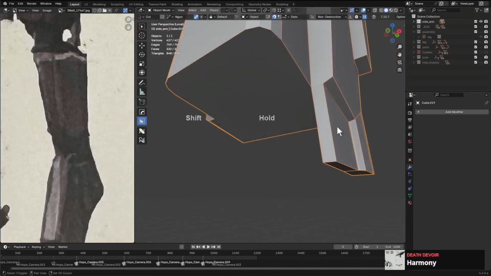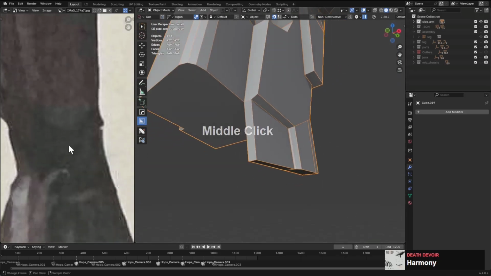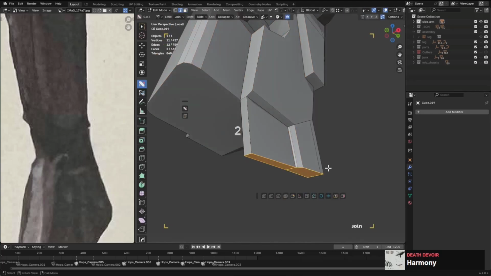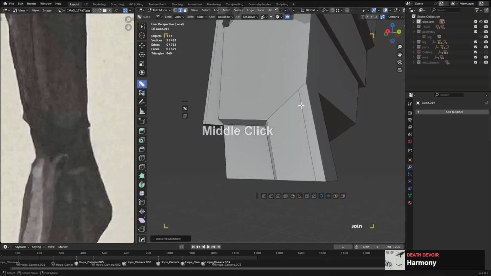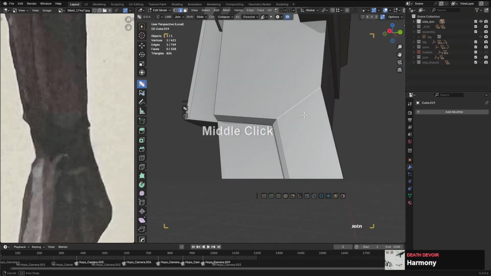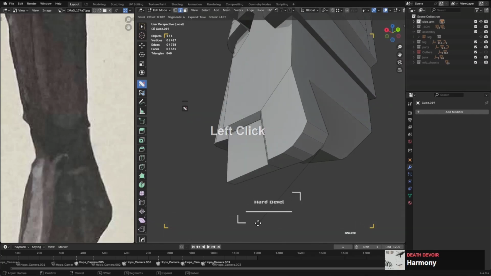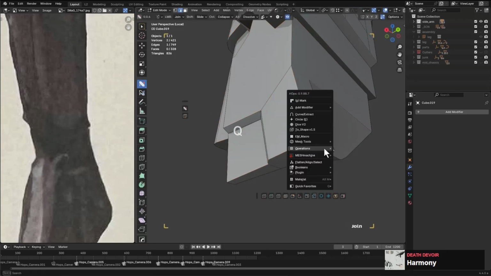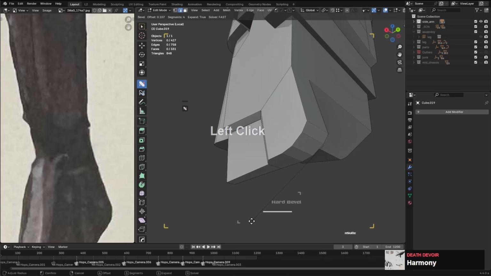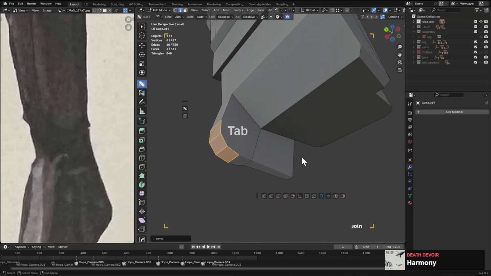I don't even know what I'm doing here. Probably not. I mean, what is going on there? Who knows? And that was the thing about this image. I would just look at it and think, oh, okay, so there's a part there. I'm just going to make it up, I guess. Alright, I thought there was unapplied scale. Alright, let's try that again. Nope. Why was it weird? We'll never know, but